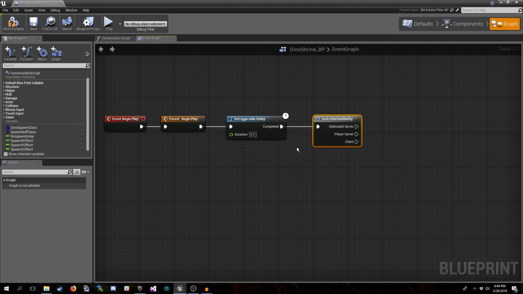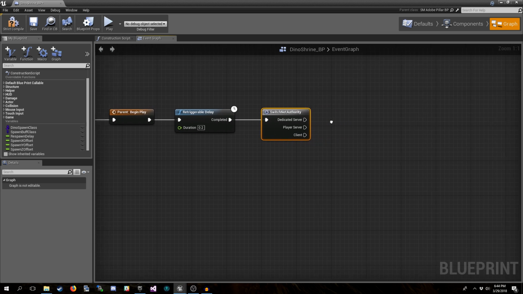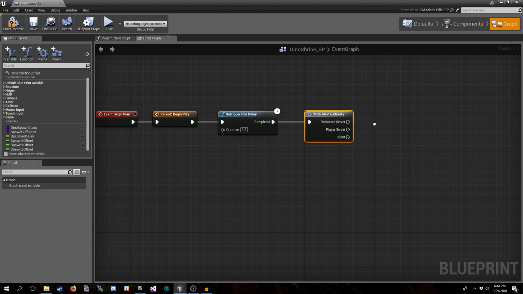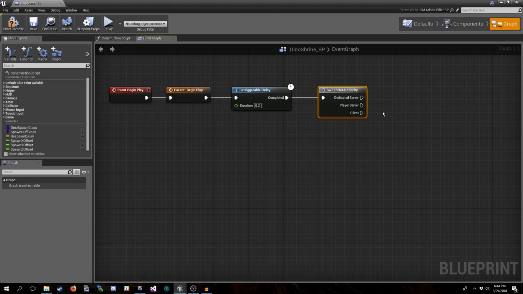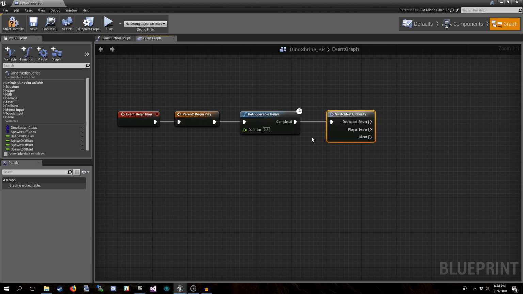And anything that's purely visual or purely aesthetic, you might want to run just on client. But anything important should run on the server, not the client. And we'll get more into why later on. But for now, just understand that this has to do with replication and controlling whether or not the server instance or the client instance is the one actually running the code.